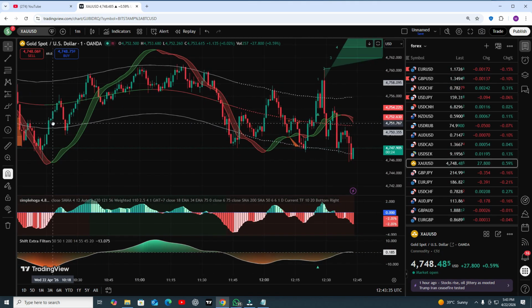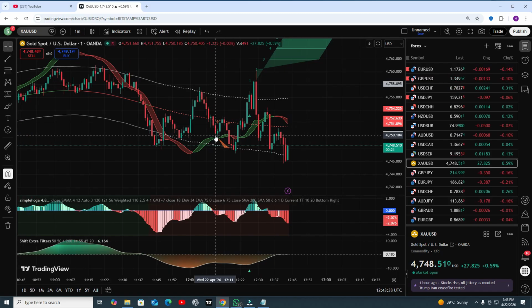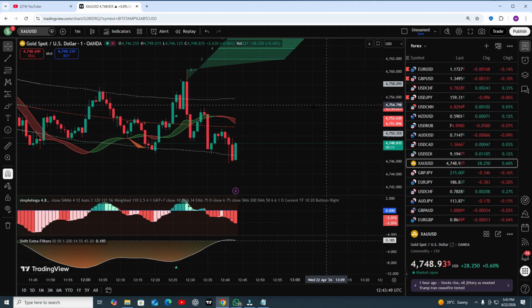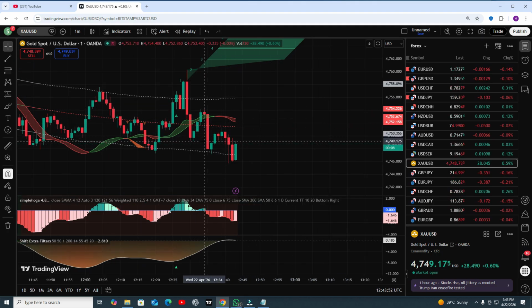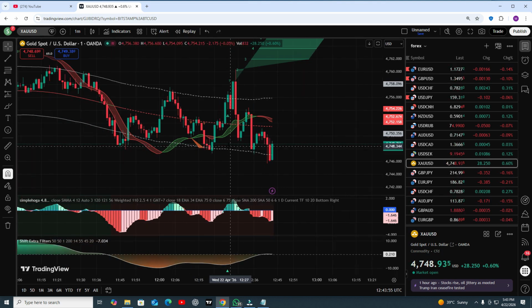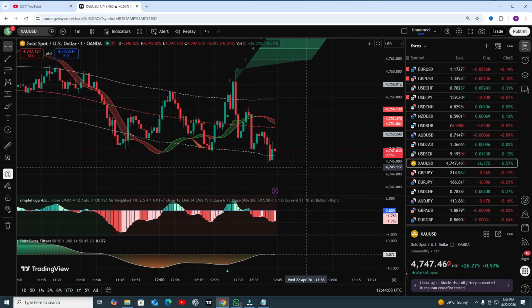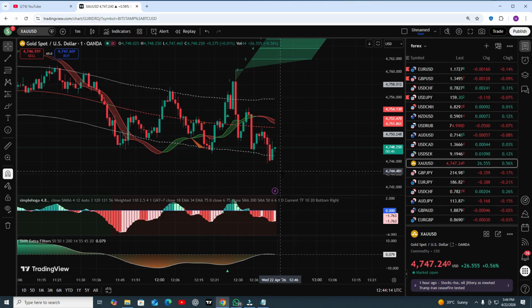Okay, let's see more. If you look at the most recent signal, we can see we got the buy signal. Yes, the market will go upside, but we are looking for the perfect trade. How? First, the histogram. The second thing, RSI is not coming to our point. We will wait until the RSI comes below, then we can open the buy position. So until then, we can hold our trade until we get the perfect trade.